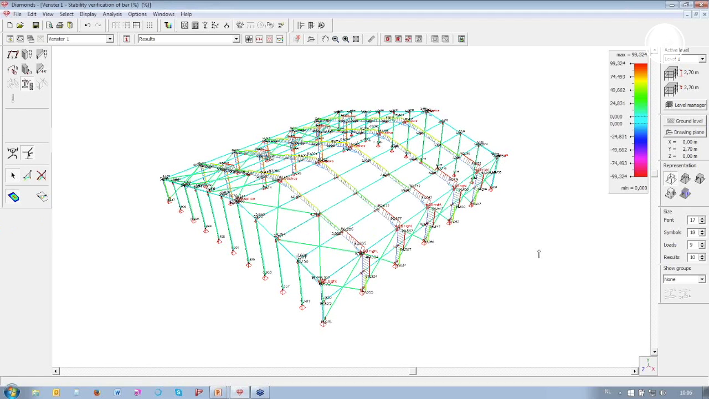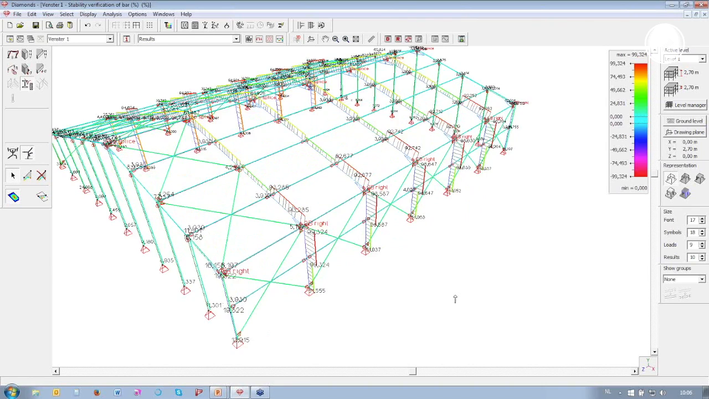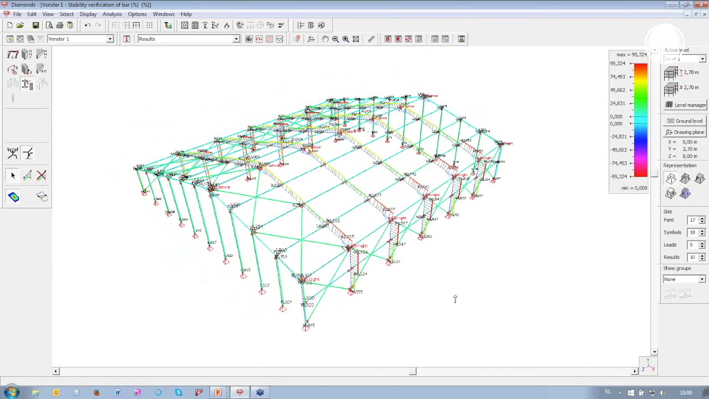Yes. So let us take a look now. Remember that we were slightly above 100%. For the columns, now we are for the stability check at 99%, because now we have used the real rigidity